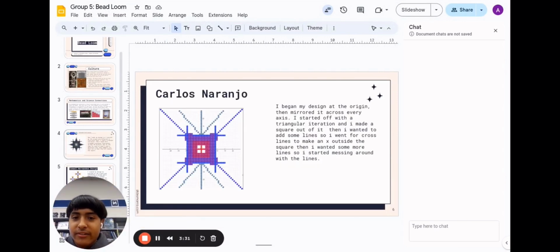Hi, I'm Carlos, and I started my design by beginning at the origin. Then I mirrored it across every axis. I started off with a triangular iteration, and I made a square out of it. And then I wanted to add some lines, so I went for a cross line to make an X outside the square, and I wanted some more lines. So I just started messing around with the lines until I made